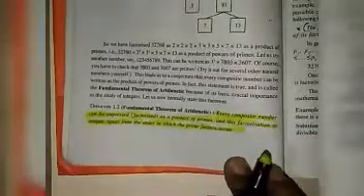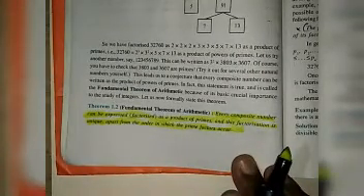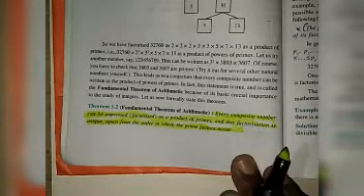Today we are going to study the fundamental theorem of arithmetic, which is applicable for finding the HCF and LCM by the method of prime factorization, which you have already learnt in earlier classes. This theorem states that every composite number can be expressed or factorized as a product of prime numbers, and this factorization is unique apart from the order in which prime factors occur.